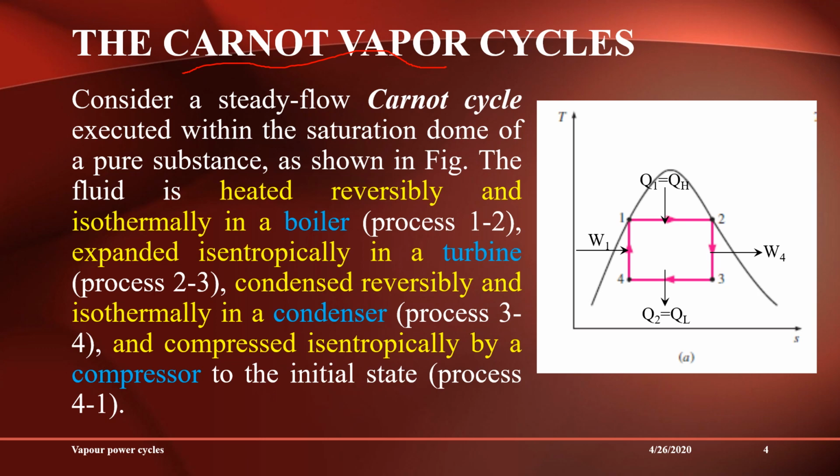In this vapor dome, as we already discussed in basic thermodynamics, this line is the saturated liquid line, and we have a critical point here, and we have the saturated vapor line. Here it is liquid, here it is liquid plus vapor, and outside this we have pure vapor. So that is a phase change, and the cycle is always inside the vapor dome where we have the liquid plus vapor transition. The processes in the cycle are similar to those of the Carnot cycle we already discussed for the gas power cycles.